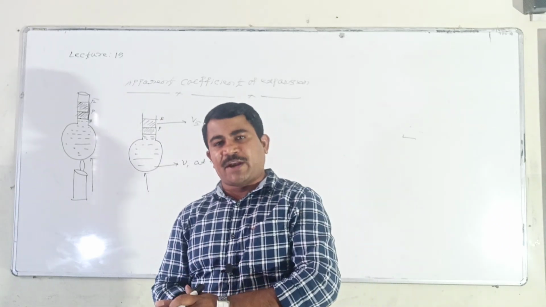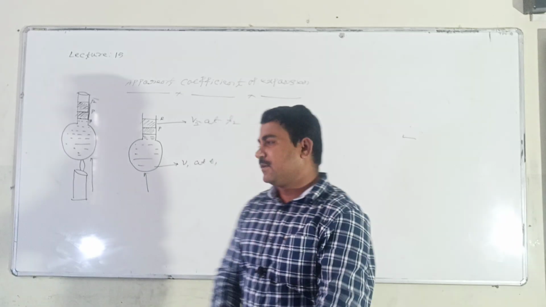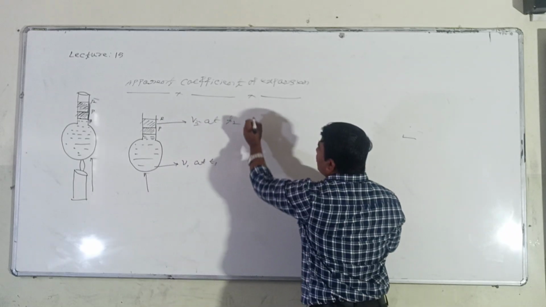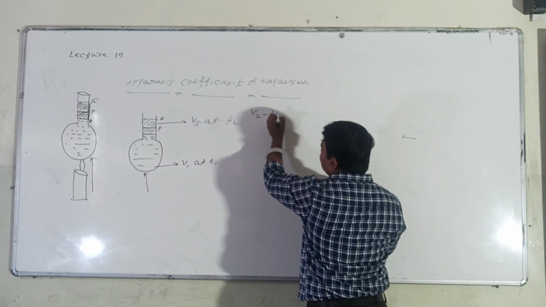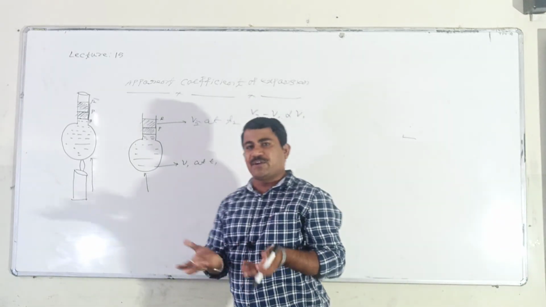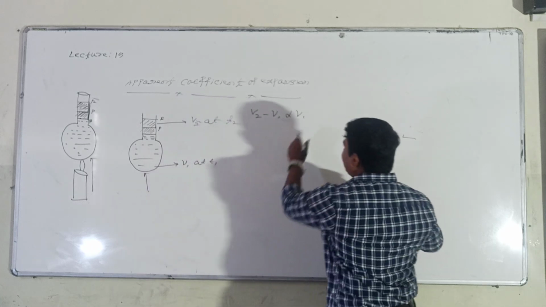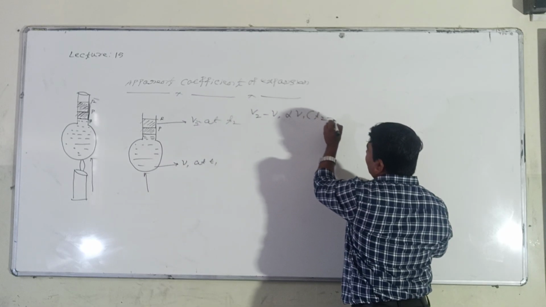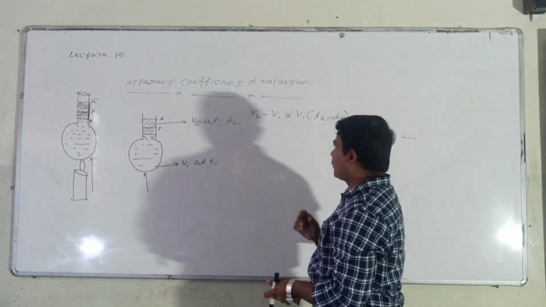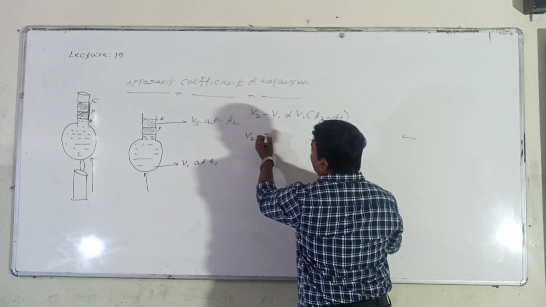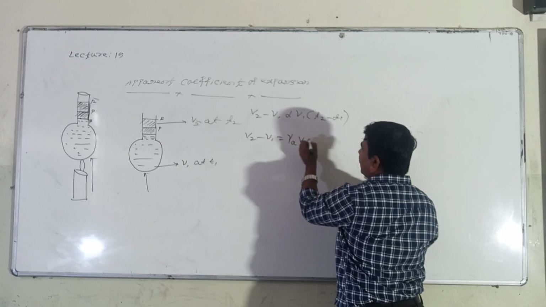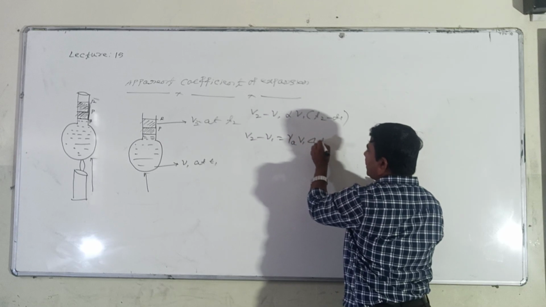According to volume expansion, according to cubical expansion, we know that the change in volume, or increase in volume, how to write it? Increase in volume V2 minus V1 is directly proportional to initial volume, and directly proportional to change in temperature, right or wrong? Or we can call it, see here, change in volume is equal to constant gamma A into V1 into (T2 minus T1). Shall I take it as delta T?